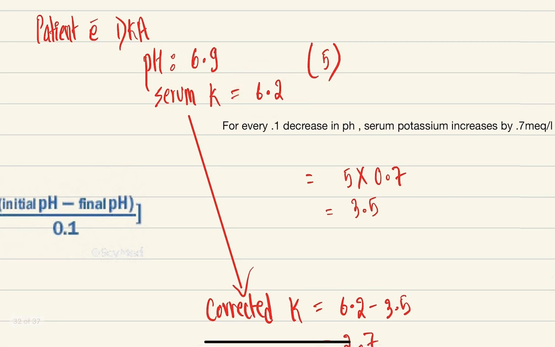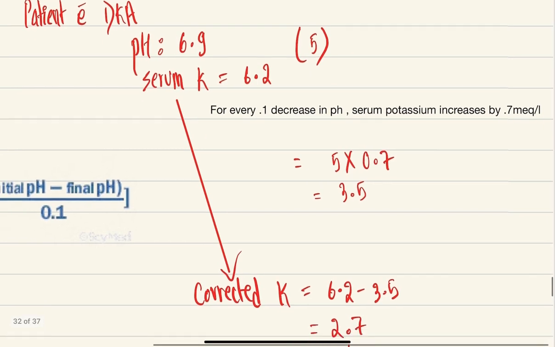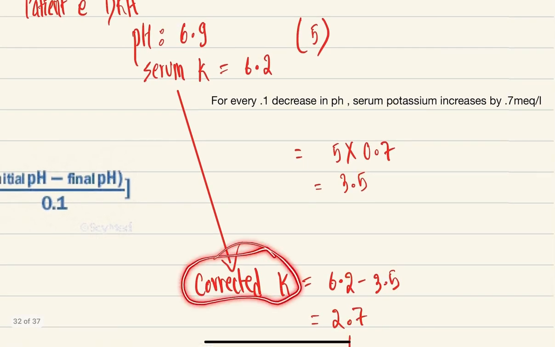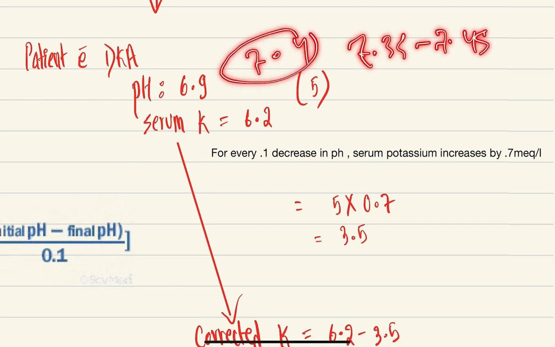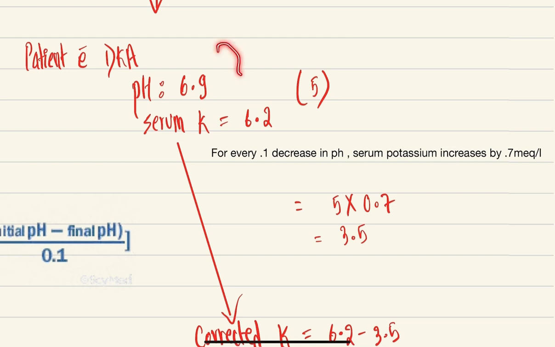Usually if we see it is above the normal, above 5, but we have to calculate the actual corrected potassium in this patient. So how can we calculate corrected potassium? We know the normal pH is 7.4. It is actually 7.35 to 7.45, but we take the normal as 7.4. We have to see 7.4 and 6.9. How much is the pH reduced? For every 0.1 decrease in pH, the serum potassium increases by 0.7